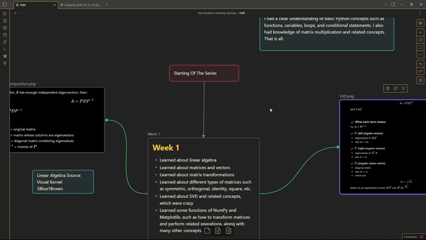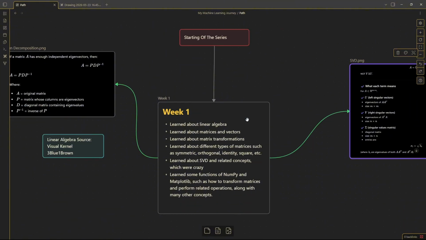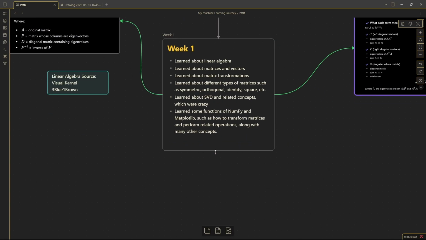Linear algebra is finished. I would not say finished, but I get the concept of how things are working behind the scenes. I just don't need to calculate everything by hand, like how to multiply matrices or how to subtract entries from matrices. I don't need to dive in too deep. I just have the concept right now. I'm going to move to calculus to have a better understanding of them.